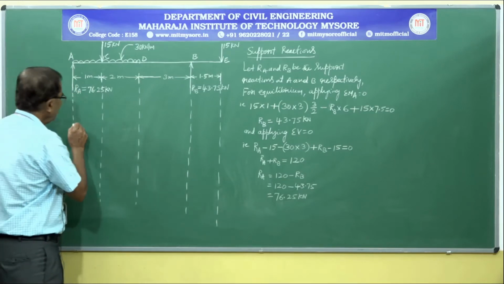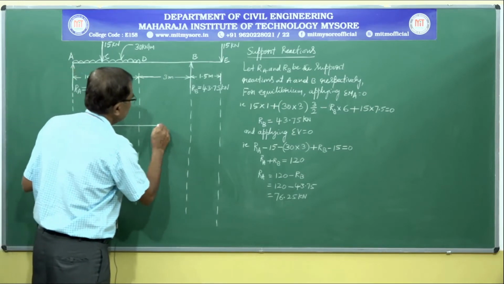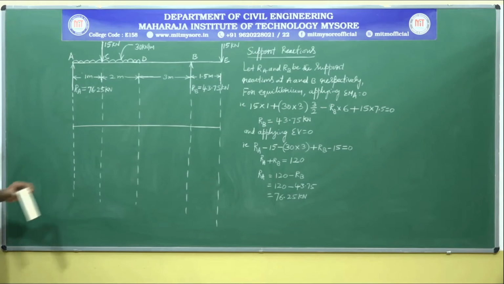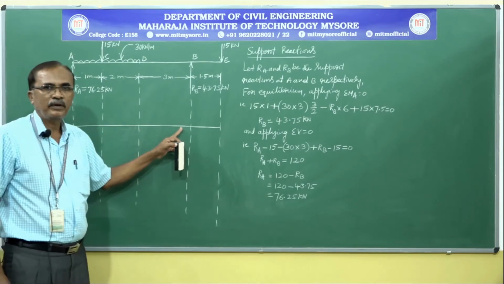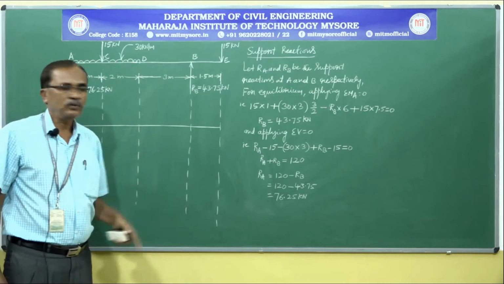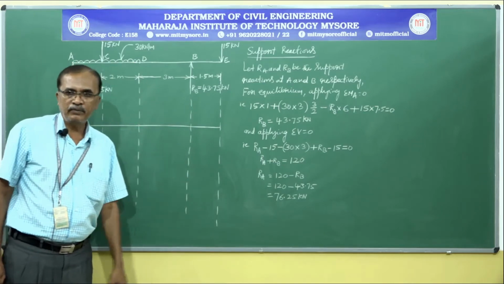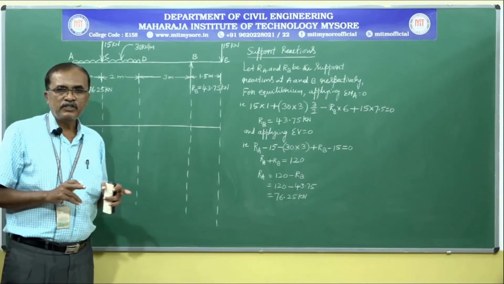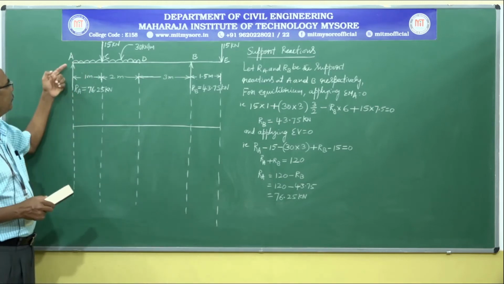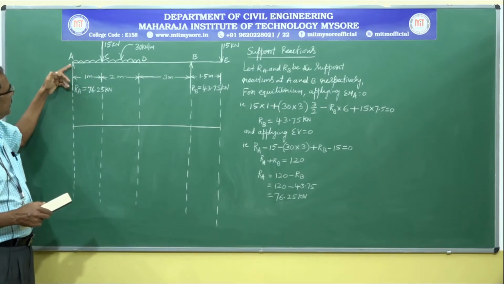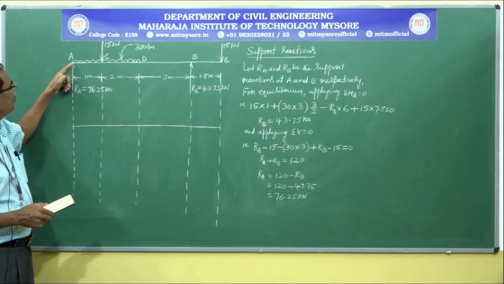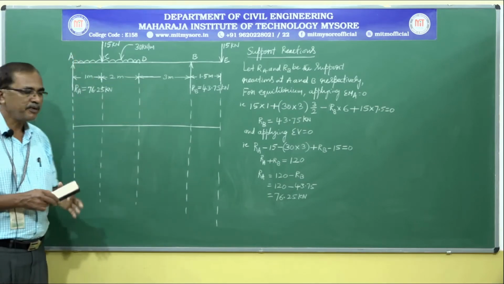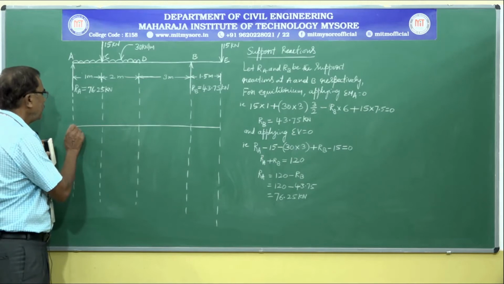Leave sufficient space and draw the reference line. As usual, on the reference line values are 0, above the reference line values are positive, and below the reference line values are negative. We proceed in the direction of loads acting, starting from the reference line, and of course this RA is acting in the upward direction. So RA acting in the upward direction with respect to the reference line, go up vertically.